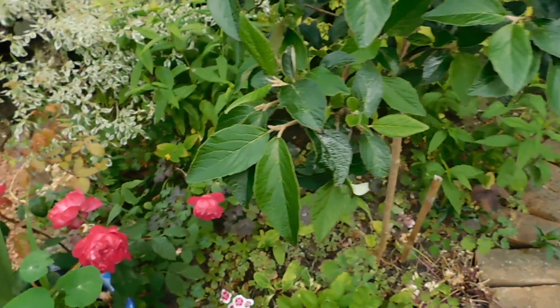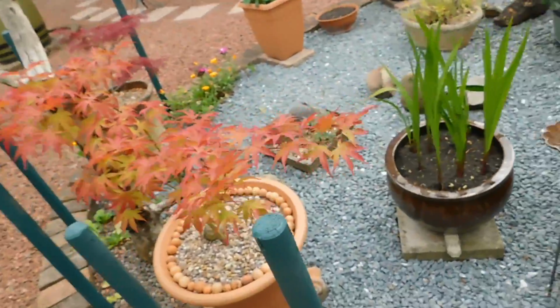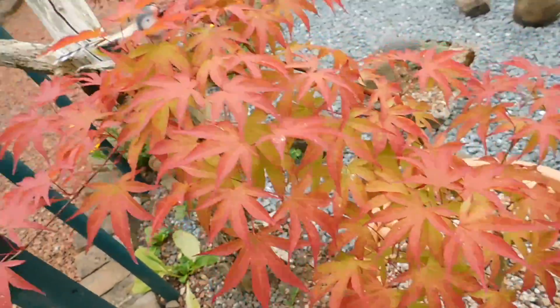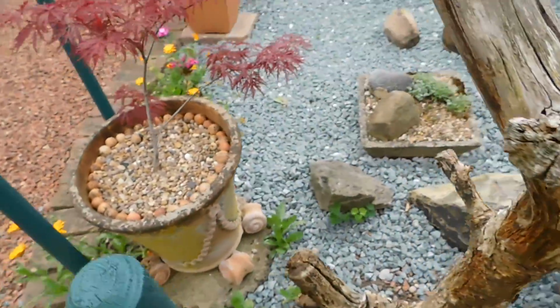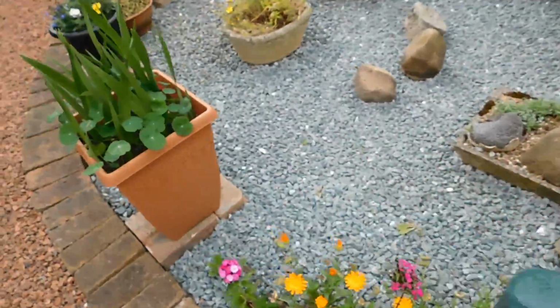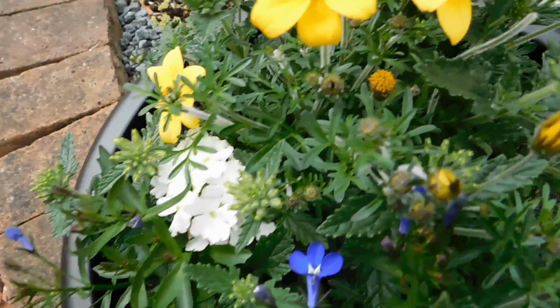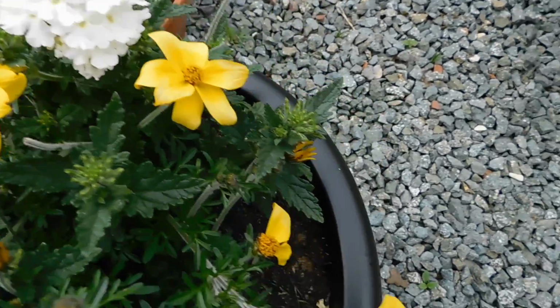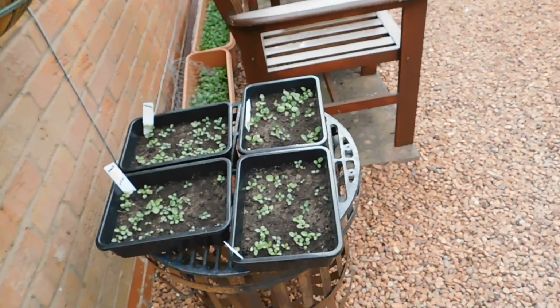I'll take you this way round, if you'll excuse the noise underfoot. That's one of the Acers. This hot weather, it's turned it a beautiful colour, and there we go. This is just one of those little pots that we've got potted up. These are pansies that I've got growing here, and they'll be able to be potted on while I'm off